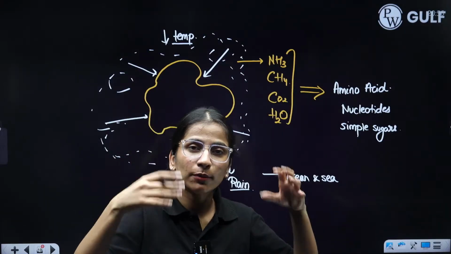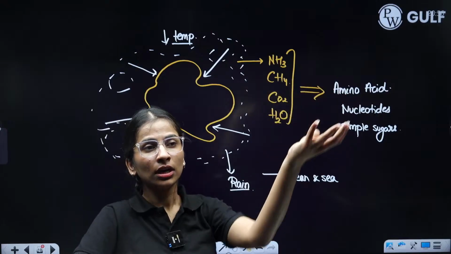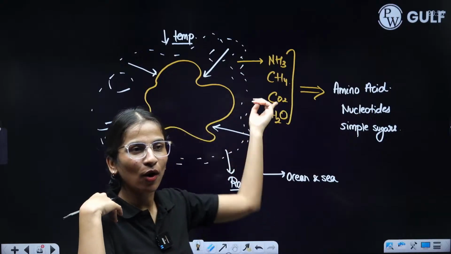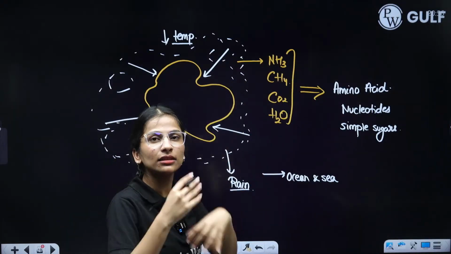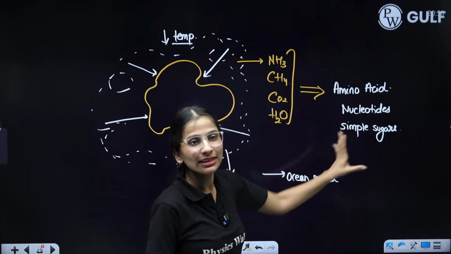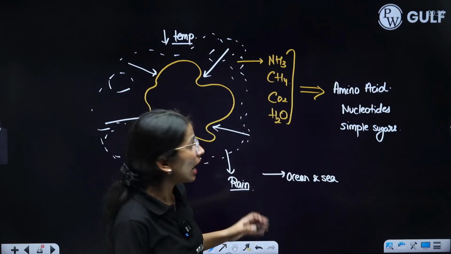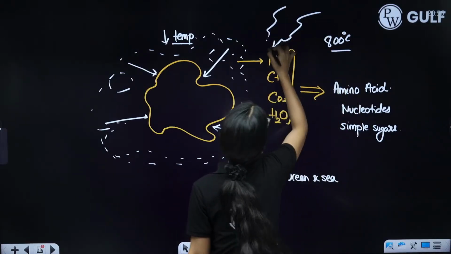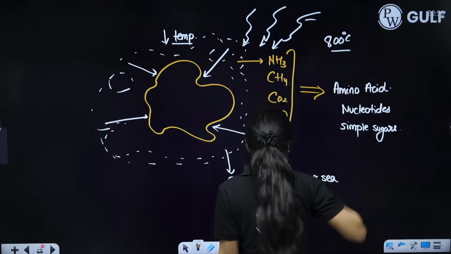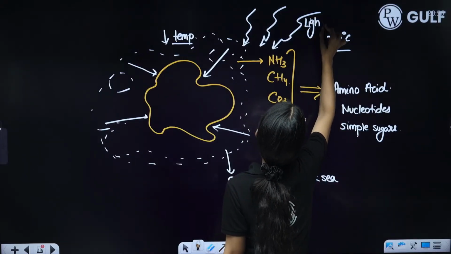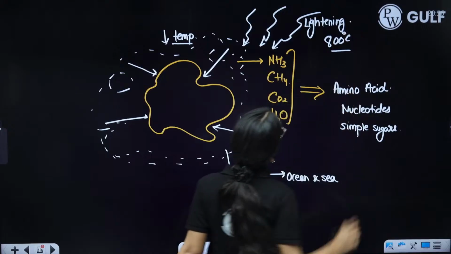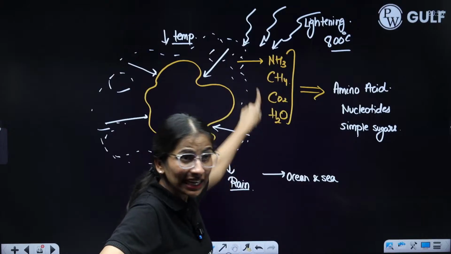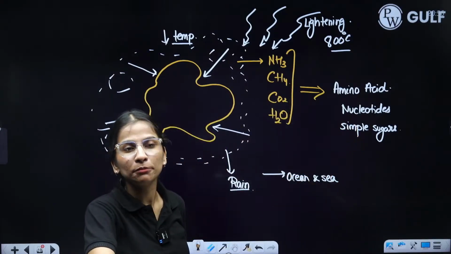Biomolecules means that we are made up of these elements only, right? Hydrogen, nitrogen, carbon, oxygen, all of this is making us. But all of this had to react in a certain manner to form amino acids, nucleotides and simple sugars, and that happened. How? Because temperature was high, 800 degrees Celsius. There were a lot of thunderstorms and lightning, and lightning was providing energy for the chemical reactions to take place, the breaking and making of bonds, so that from these elements, amino acids, nucleotides and simple sugars can be